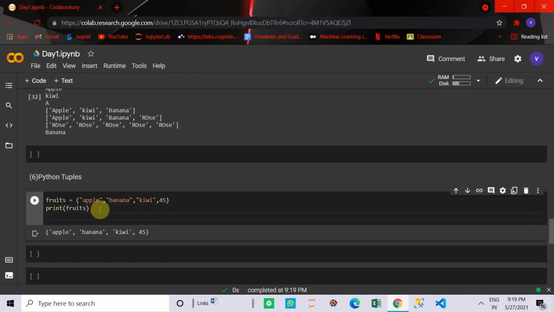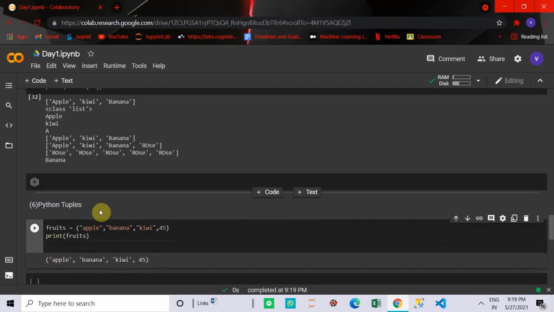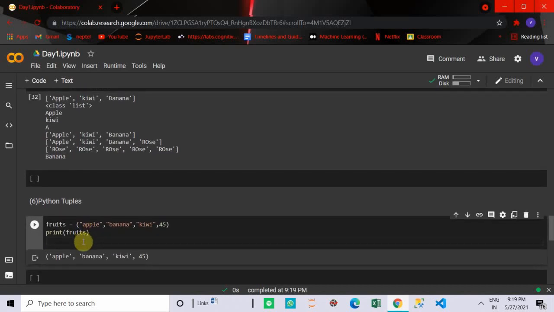Next is how you can do slicing in a tuple. Similarly you can use the bracket operator with the tuple for slicing. But first of all, let's check the data type of this.